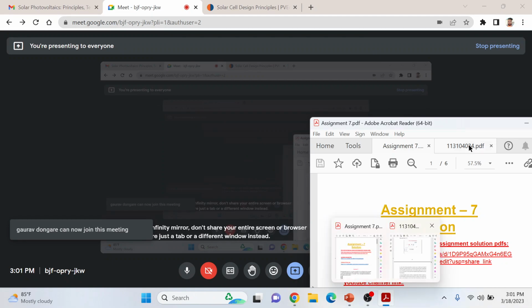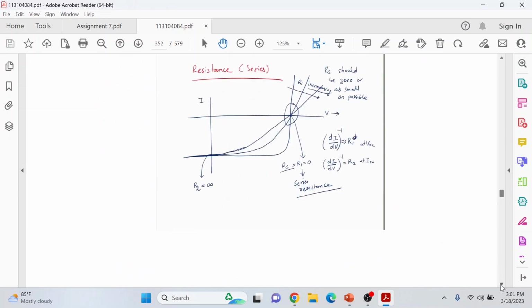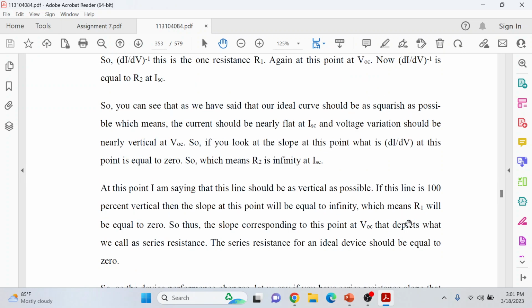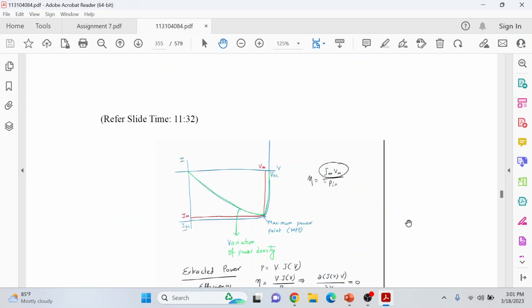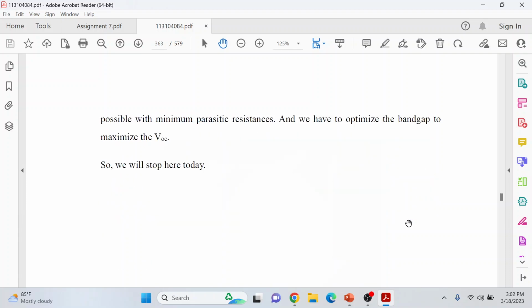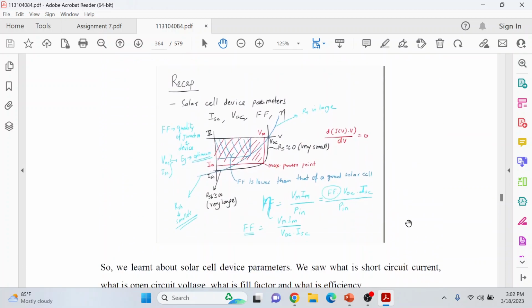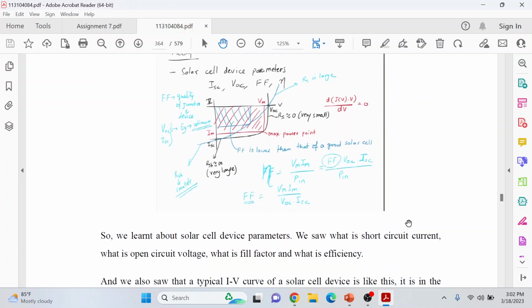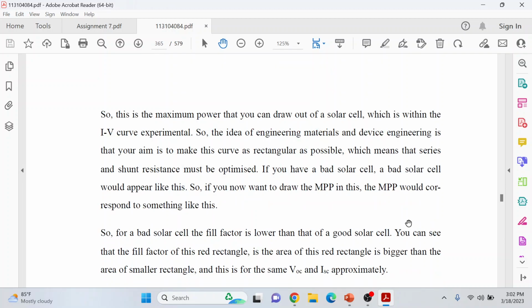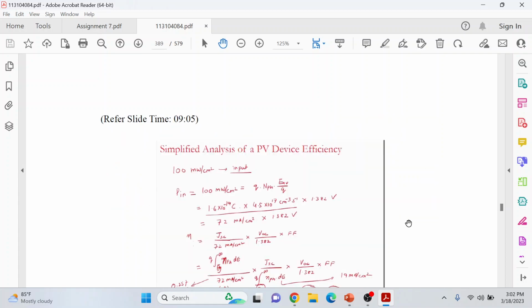Then there is this circuit representation where we have talked about the series and the shunt resistance, and the variations, the band gap effect, and all the limitations that are there in the solar cells. Then sir talked about the introduction to PV technologies, and what should be the optimum values of different parameters. I hope you have gone through these things, and I have made this assignment today on the basis